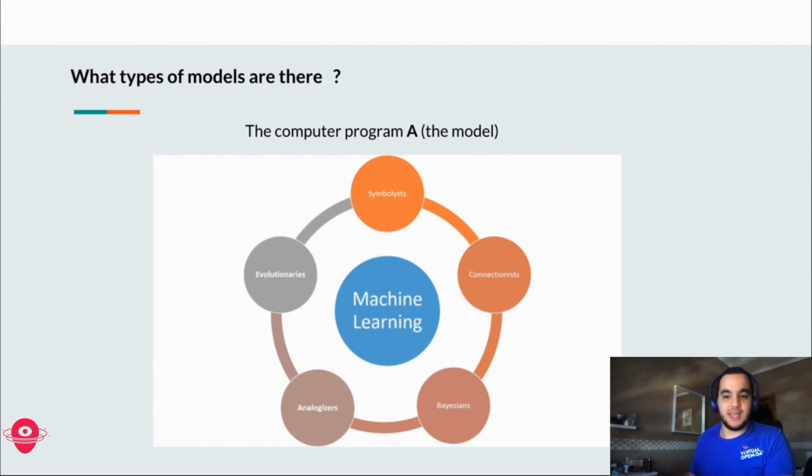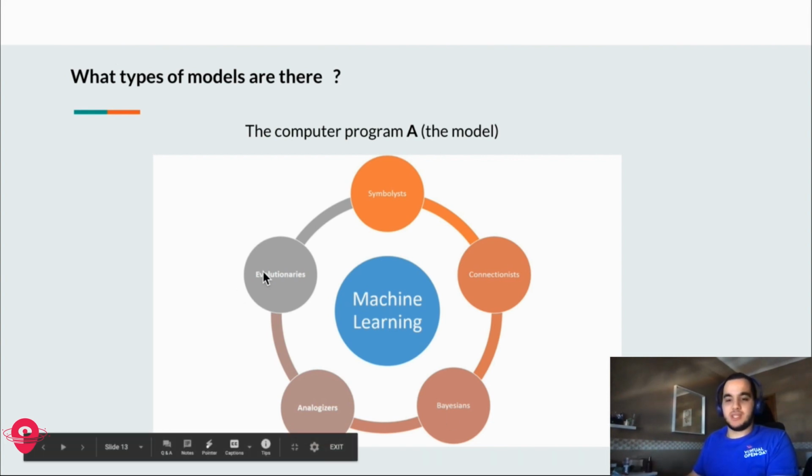And this is the tribe that gave algorithms like genetic programming and genetic algorithms. So this was the third tribe. When we jumped into this tribe here, the Bayesians,